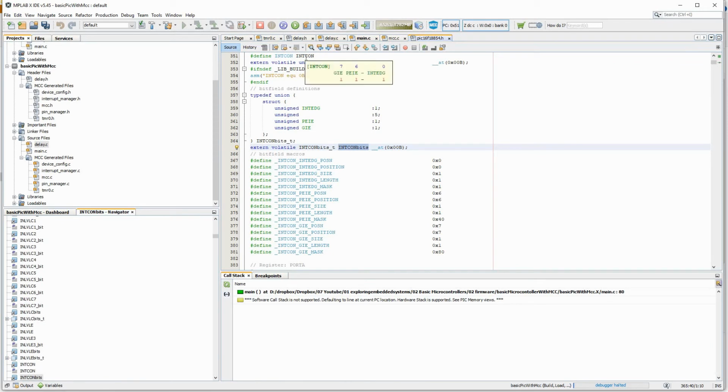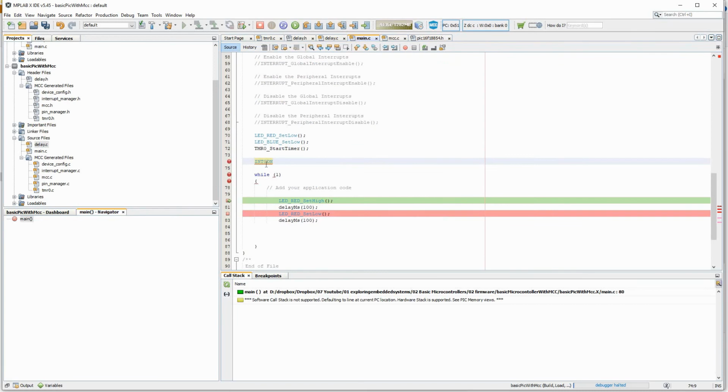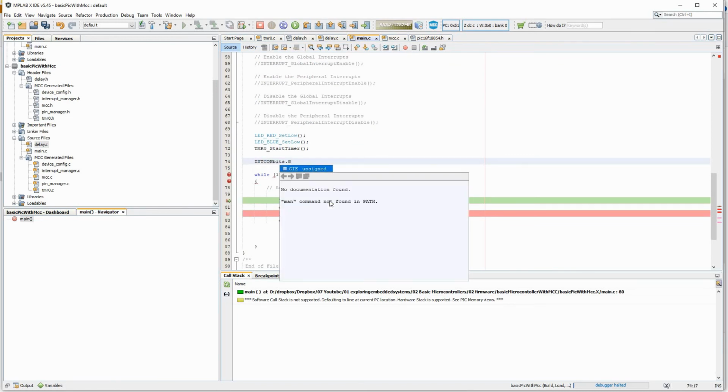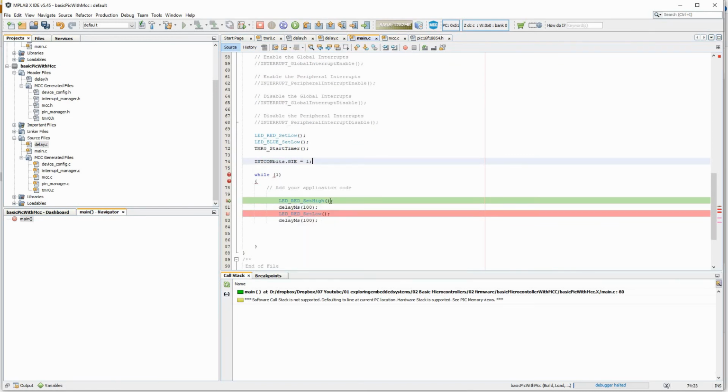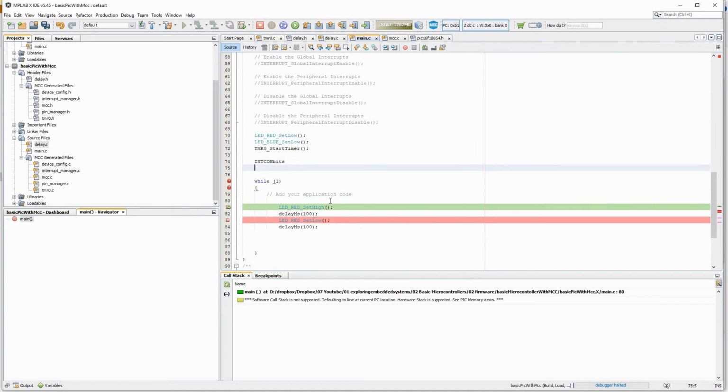I don't want to set here because I have to set all the remaining things also. So if I go to this structure definition, then I can set individual bits. Dot global interrupt enable is equal to 1 and then we know the peripheral interrupt enable.